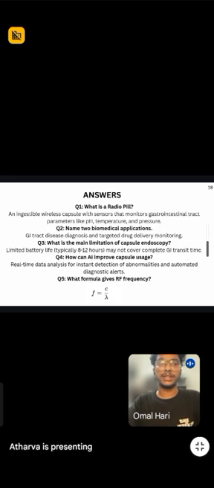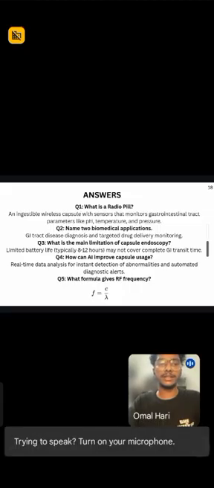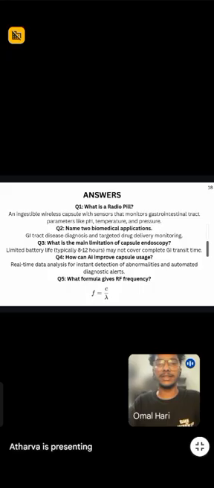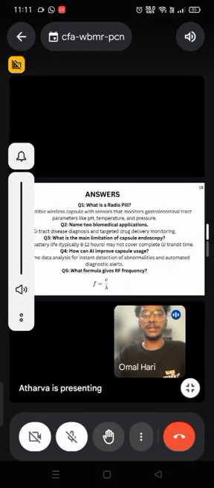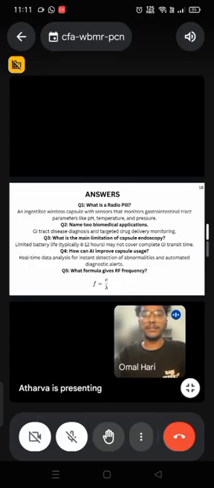So these are the answers to the questions. For the first question, an ingestible wireless capsule with sensors that monitors gastrointestinal tract parameters like pH, temperature, and pressure. For the second question, name two biomedical applications: GI tract disease diagnosis and targeted monitoring. Third question, what is the main limitation of capsule endoscopy? Limitation: battery life, typically 8 to 12 hours, may not cover the complete